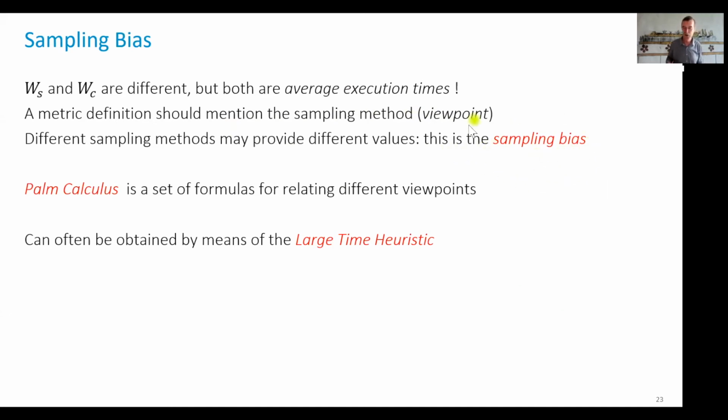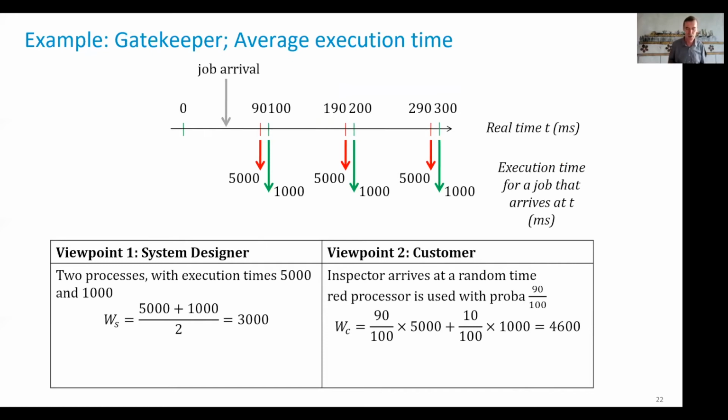So perhaps the first thing to know is that this sampling bias exists, which means when there is a metric that is used somewhere in a performance statement, perhaps it's good to ask the question how it is measured. What is the sampling method? And sometimes we might have surprises. Like in this case here, if this guy says, in average, your execution time is 3,000, and you run the system, you have the impression it's more. Well, you do a test, you find something more. Well, it was simply that the measurement methods were different.